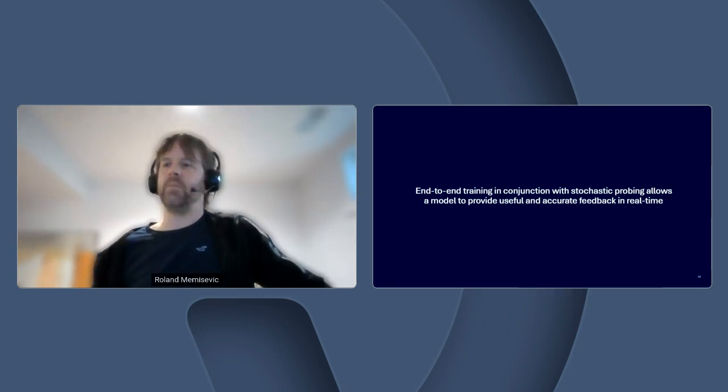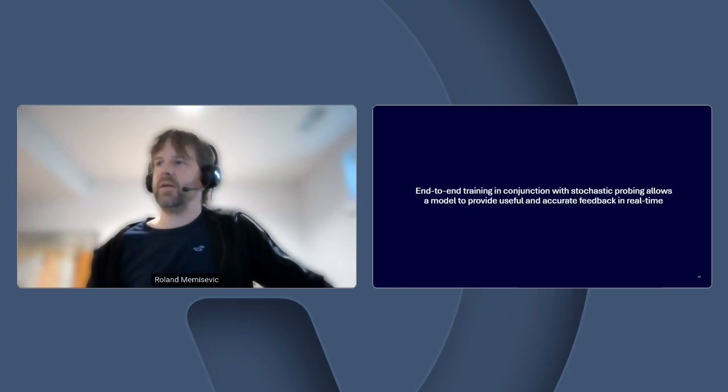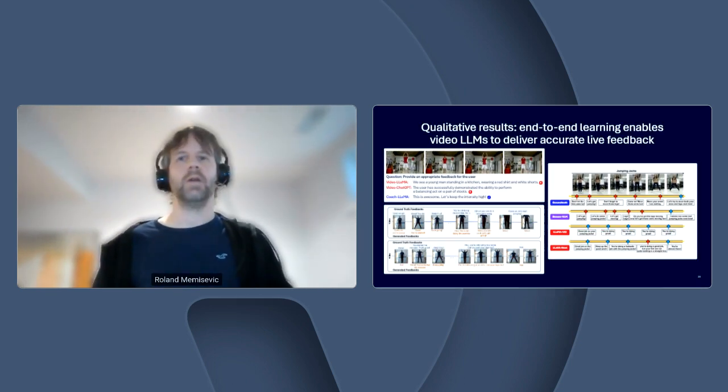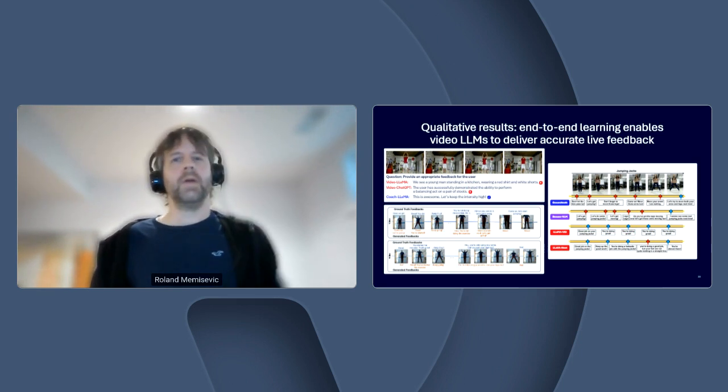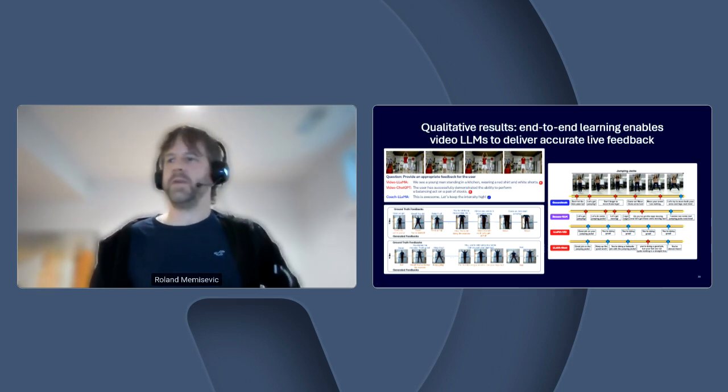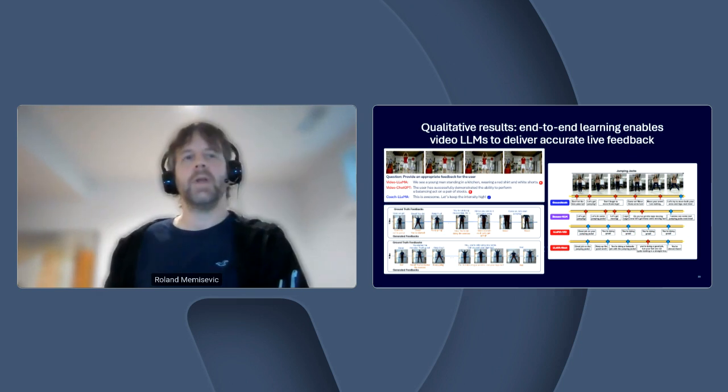So again, this is a model that is just a neural net. 3D ConvNet feeds visual information to a language model. Language model decides when to watch and when to talk. And the model is trained end-to-end on this QEVD data set that I mentioned before. And that's pretty much all there is about this model. Here's a few more qualitative, just a few more quantitative examples before I'm going to wrap up.